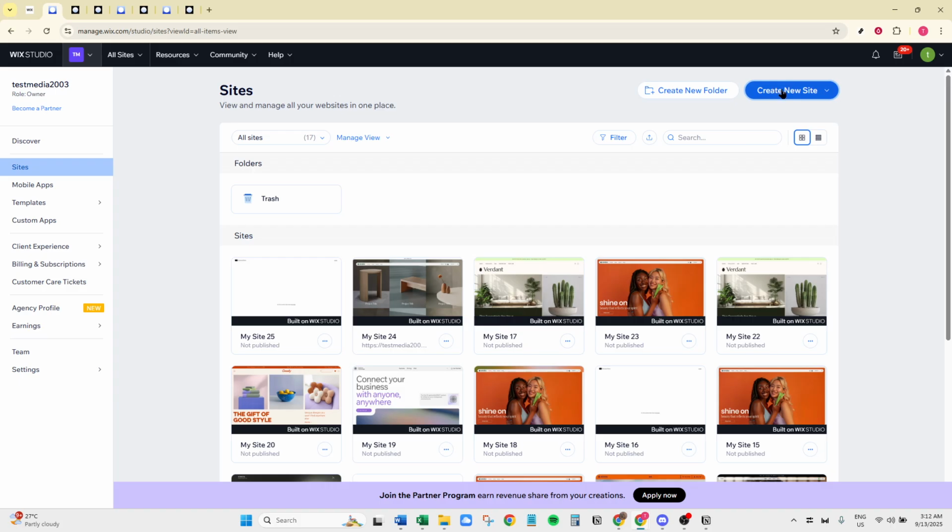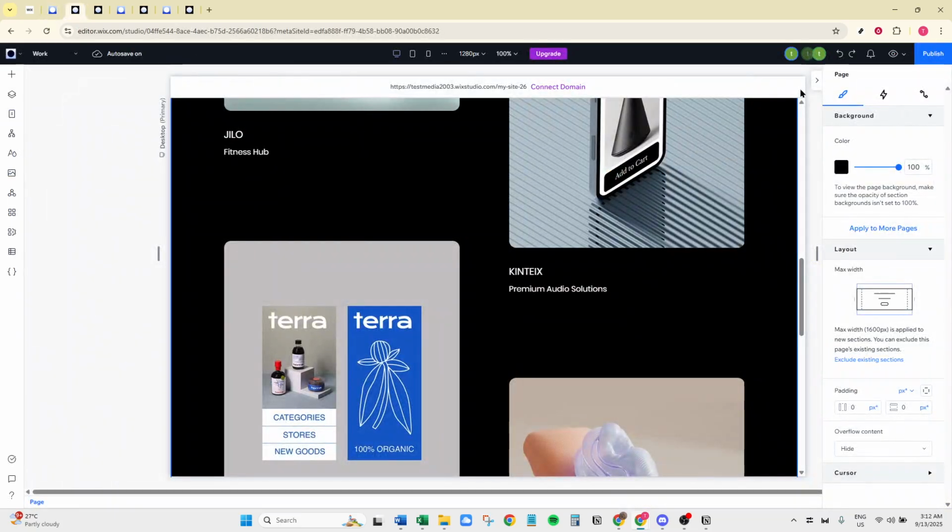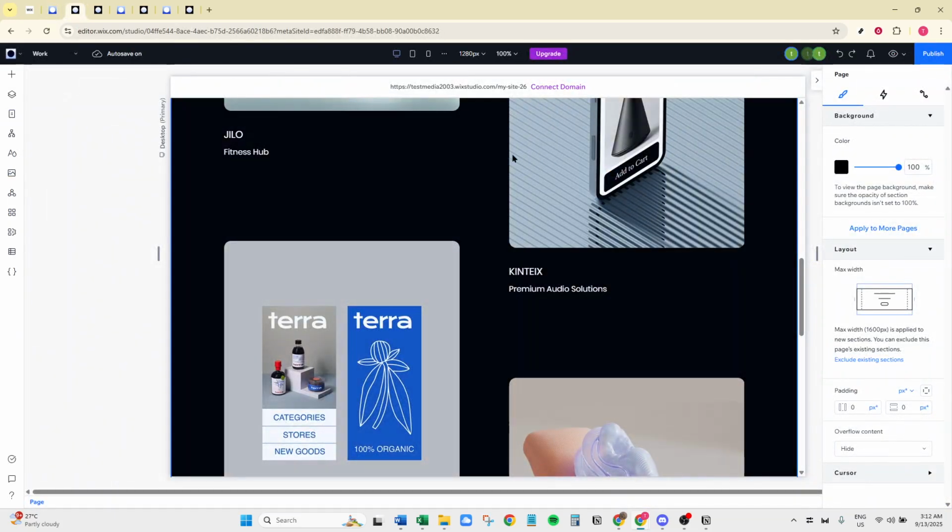Now that you're logged in, you'll want to open up your existing project. But if you're in the mood for something fresh, feel free to create a new site. Remember, the way your homepage and subsequently your footer will look starts from the beginning of your project. So take a moment to consider your design style.